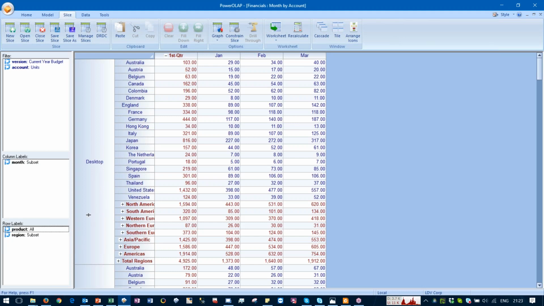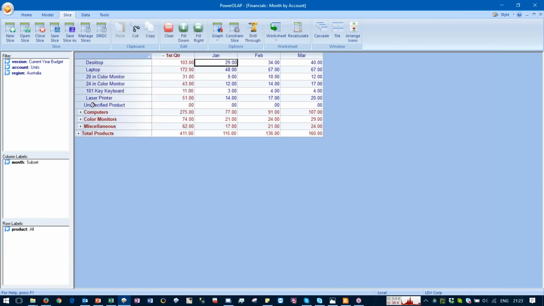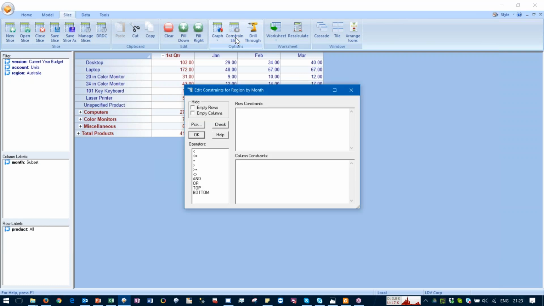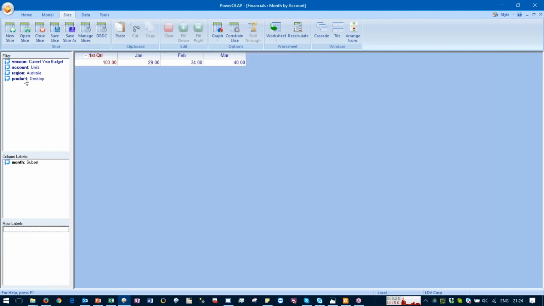Now the next one, I'm going to drag the regions to the pages, and we've got a product by month report. And what I want you to take note of is that we've got an unspecified product. And one of the things that I can do is I can constrain my slice. So here in the slice ribbon, I click on the constrain slice button, click on the hide empty rows, and then you see that disappearing. I'm going to switch the regions and the products again,